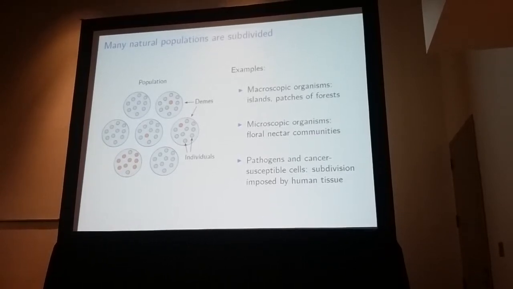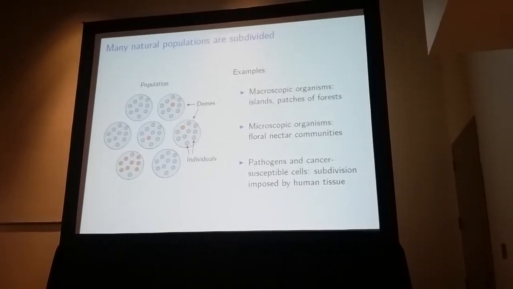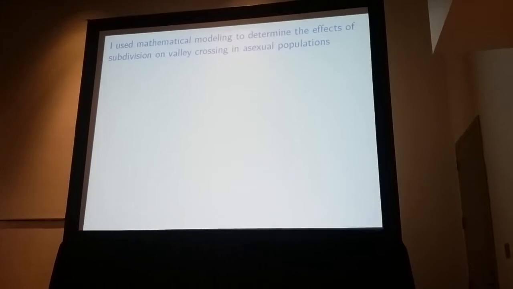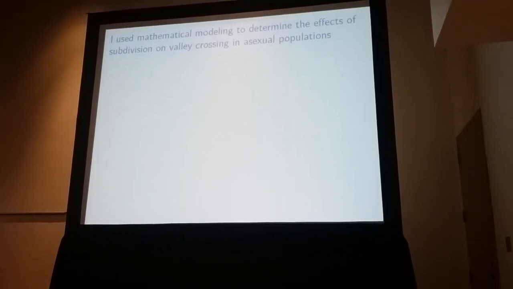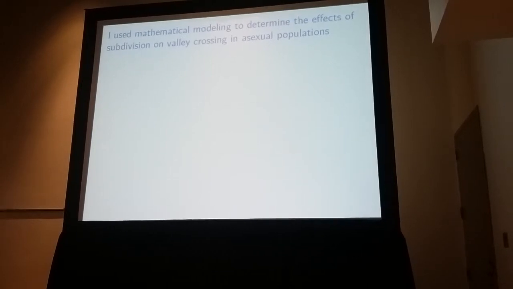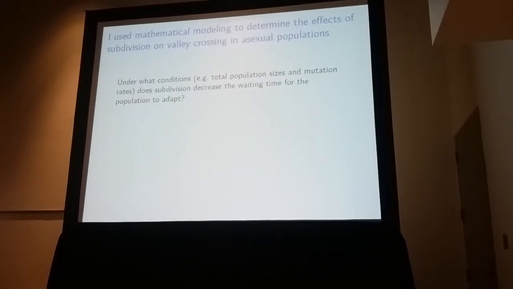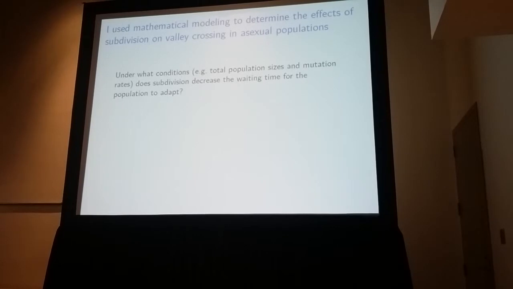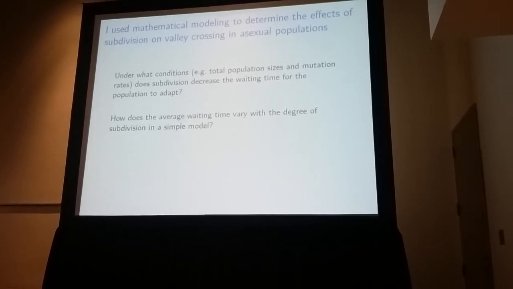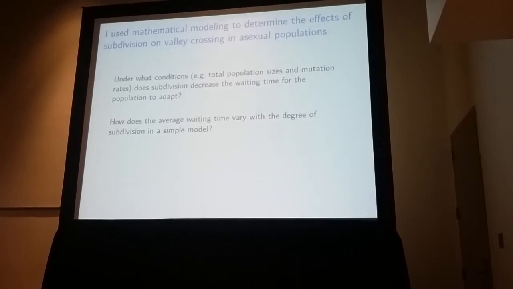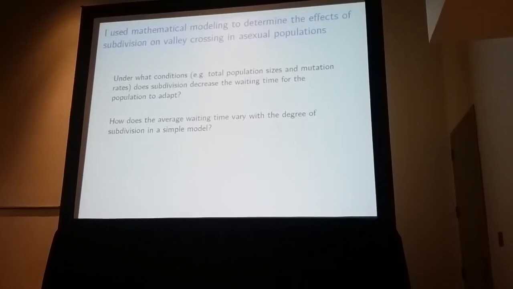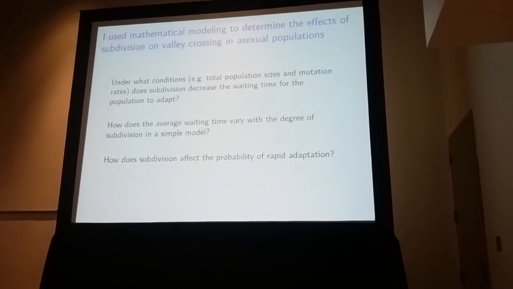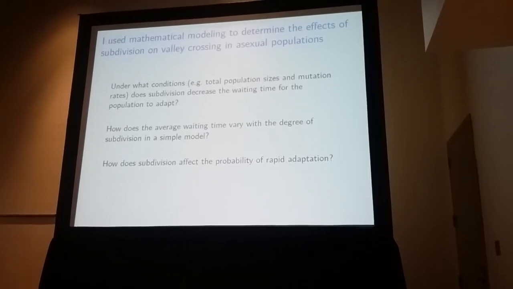And so it's important to understand how subdivision affects valley crossing in order to understand how we can predict what's happening in real systems. And so I used mathematical modeling to determine the effects of subdivision on valley crossing in asexual populations. And in particular, I sought to address 3 questions. First, under what conditions, such as total population sizes and mutation rates, is it possible for subdivision to decrease the waiting time for the population to adapt? And second, I wanted to come up with quantitative predictions for how the average time for the population to adapt varied with the degree of subdivision in some simple model. And third, I wanted to consider the probability distribution and ask, how does subdivision affect the probability that a population